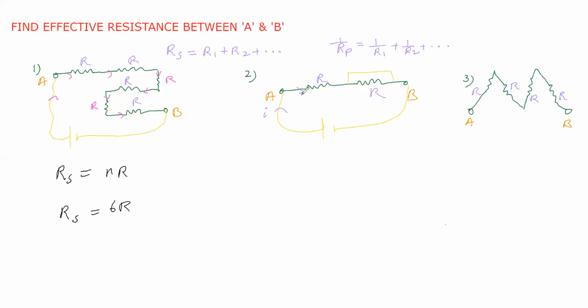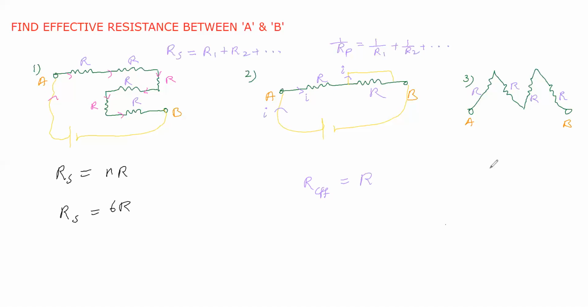When this current passes through resistance R, if you see here, this second resistance is short circuited. Short circuited means a resistance-less path. All the current will pass through the short circuit path only, so in this second resistance, current will not pass, so this resistance is not functioning. Hence, between A and B, we assume that only one resistance is there, so the effective resistance in the second problem is equal to only one resistance R.